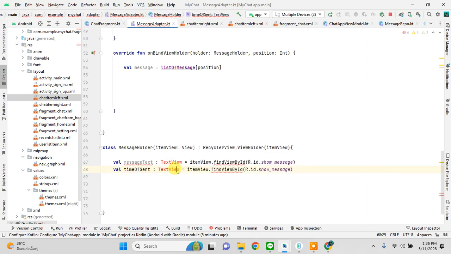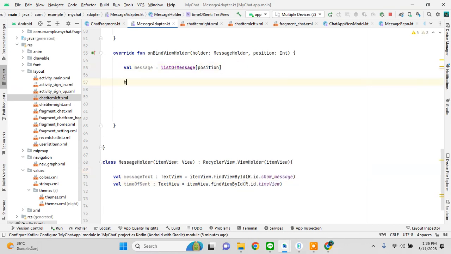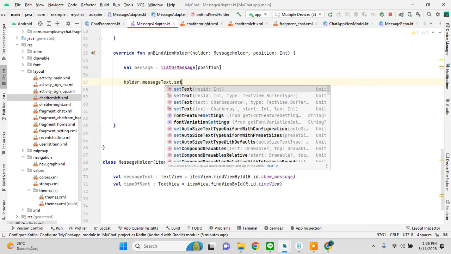Time view. Okay, and now we will simply come here and say message text set visibility view visible,